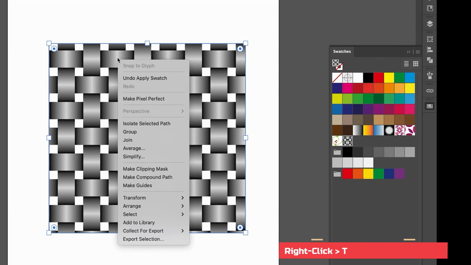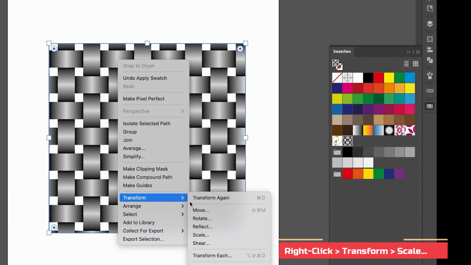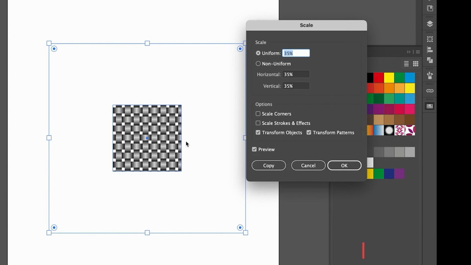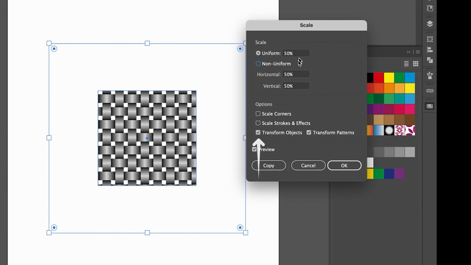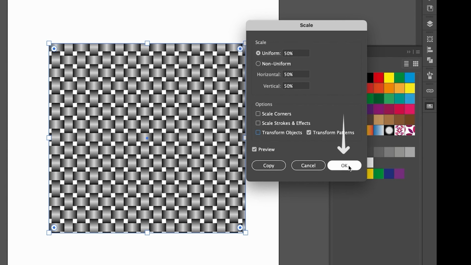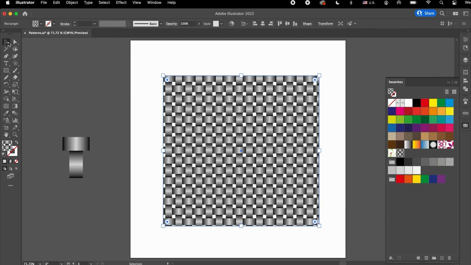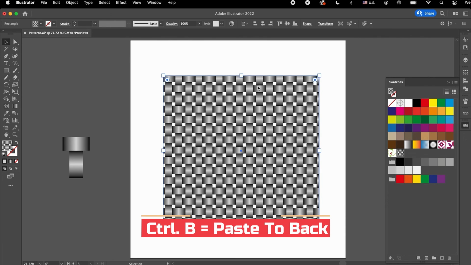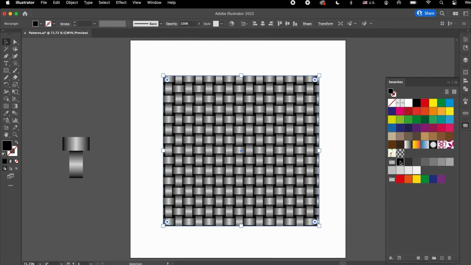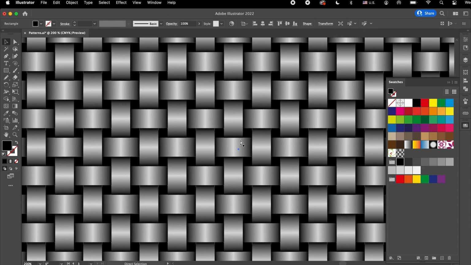I'm going to right click and transform, scale, make it much smaller, and maybe 50% is better. Uncheck objects, click OK, and then I'm going to go and add a black rectangle behind this. I'll do Control C, Control B to paste it in the back, and I'll fill it with black. Look how